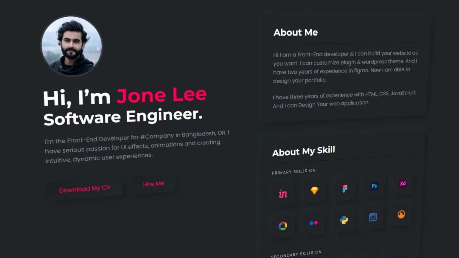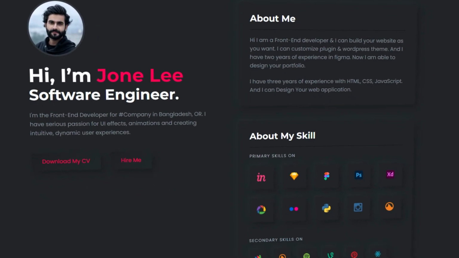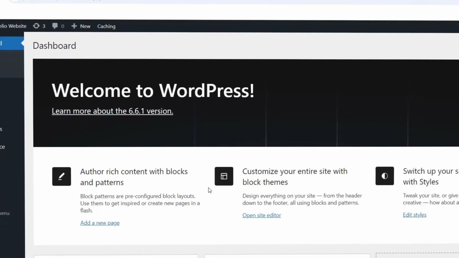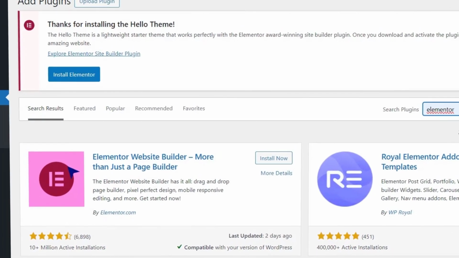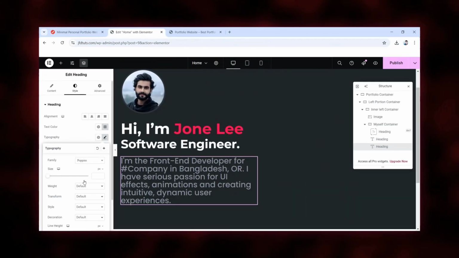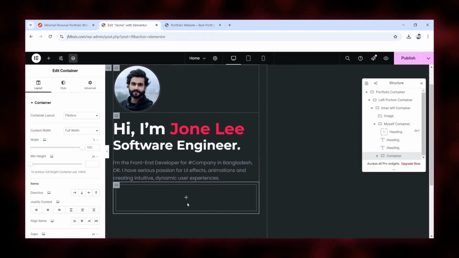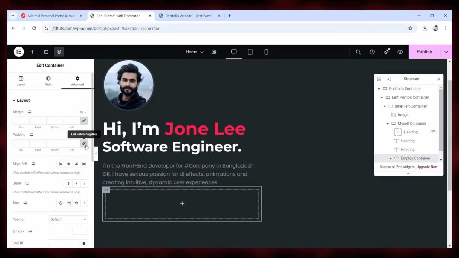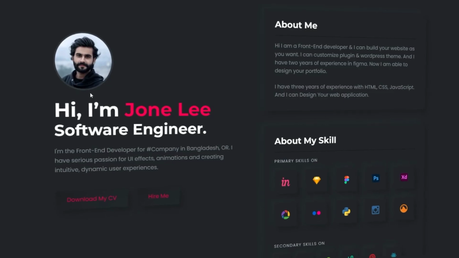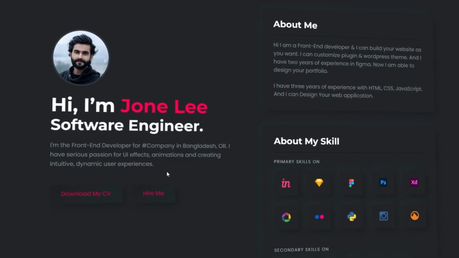That's why in this tutorial, I'll show you how to create a sleek, minimal, yet powerful personal portfolio website using WordPress and the free version of Elementor, following the super trendy neumorphism design style. Ready to create something modern, trendy, and super effective? Let's dive in! First, on the left, you'll have your profile image, name, and details along with a CV download